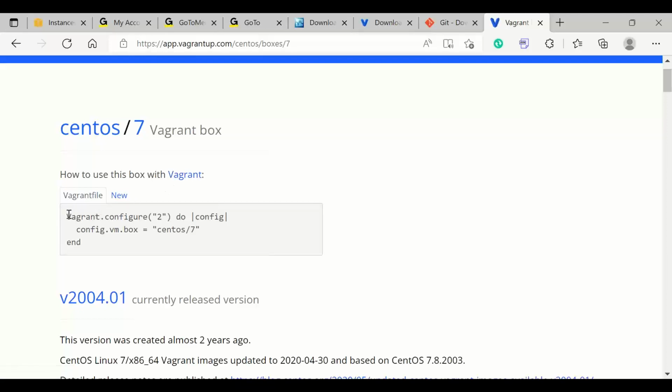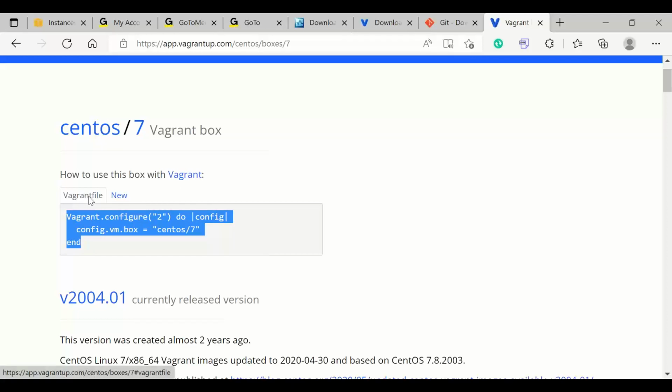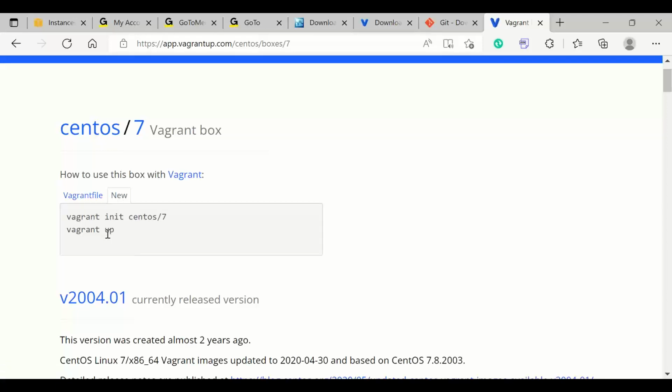You can take this block of code and create one file, a Vagrantfile, add this code in that Vagrantfile, and use the Vagrant command to launch the virtual machine. So use these two commands to launch the virtual machine. Simple. Now I need to launch this with CentOS 7. What I can do? Let me take this block of code, the first command, and let's open this